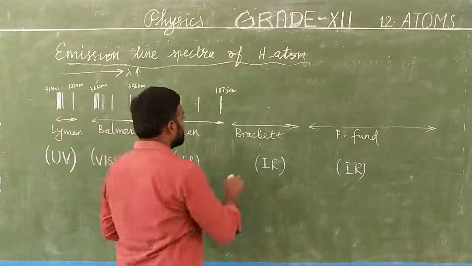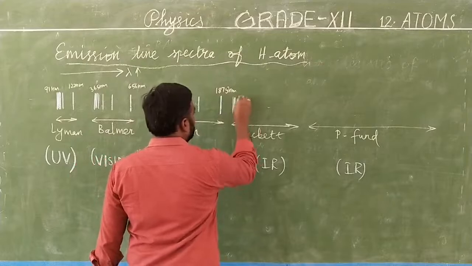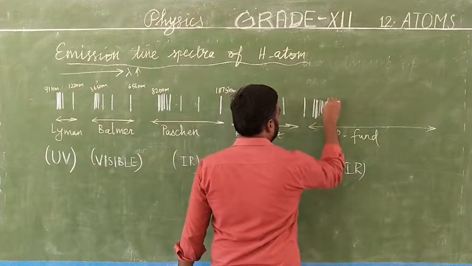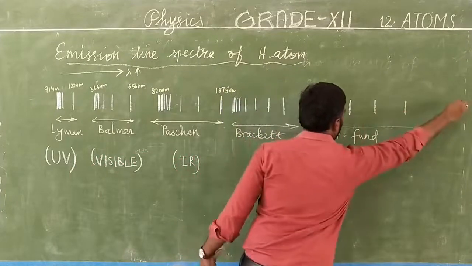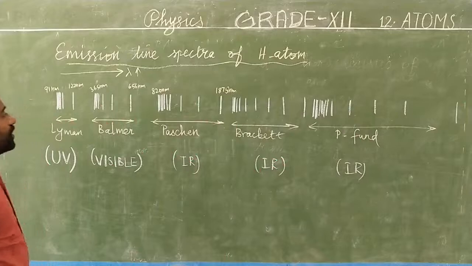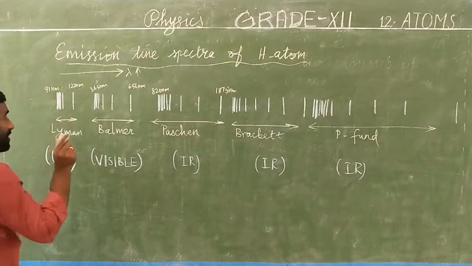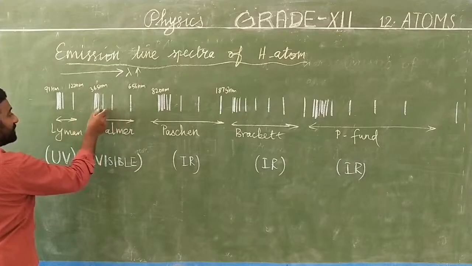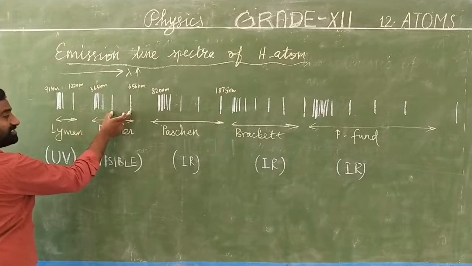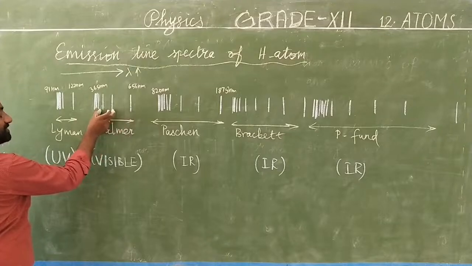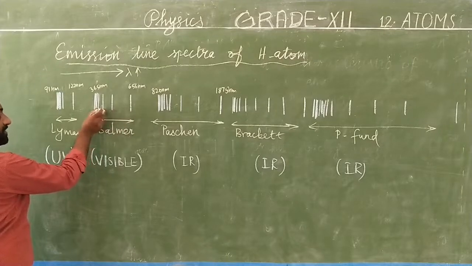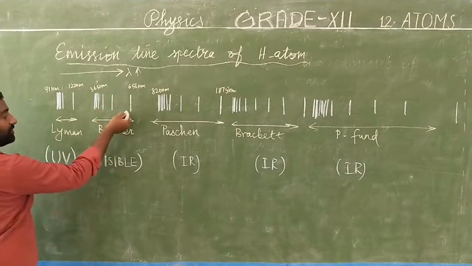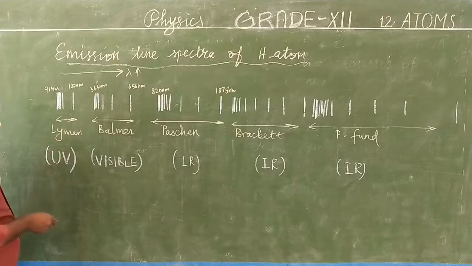Paschen also looks like this, and Pfund also looks like this. So this is the Pfund series. All look the same, but you can see only one thing: in each set of series, towards the left-hand side, the space is gradually reducing. Comparing these two lines, the space is larger; the next two lines' space is reduced, and the other two lines' space is reducing further. So within each particular series, towards the left-hand side, the space is reducing.